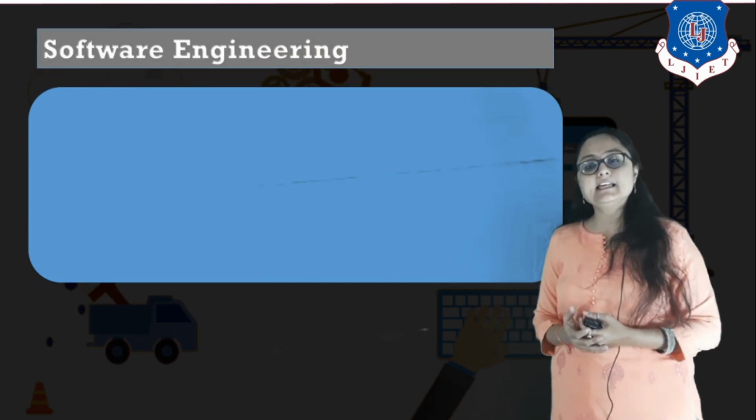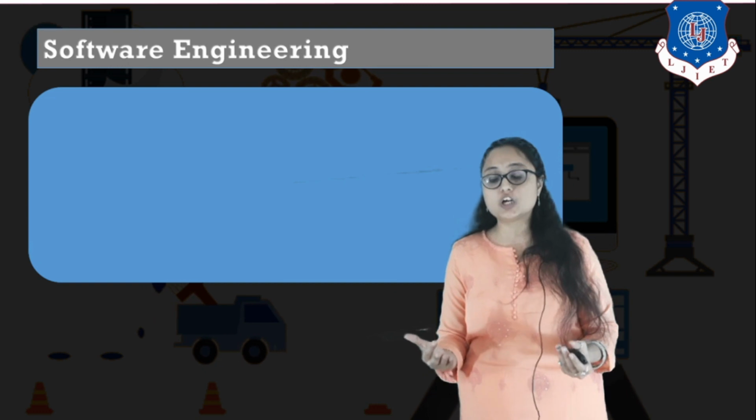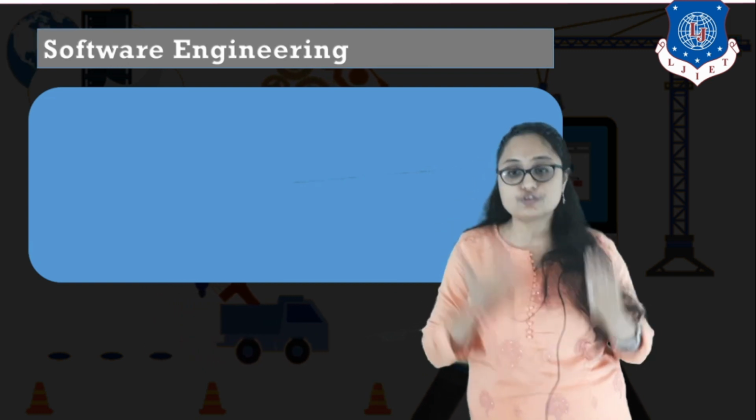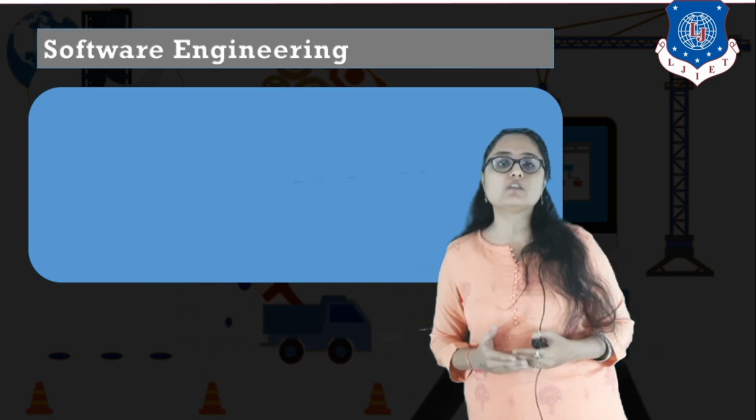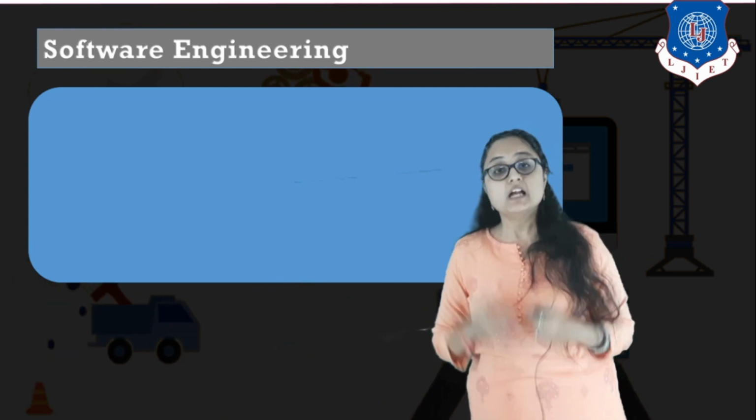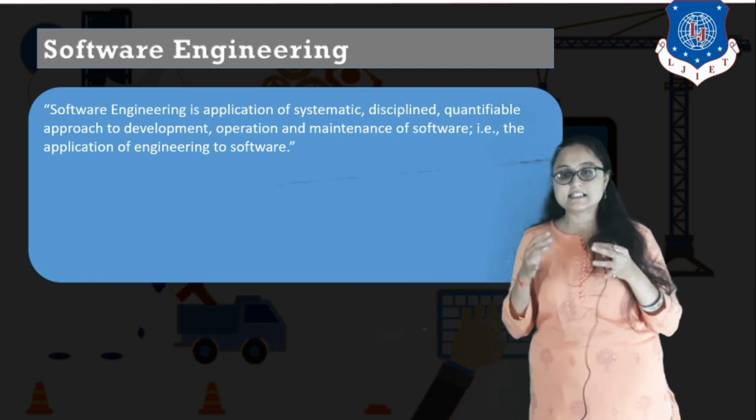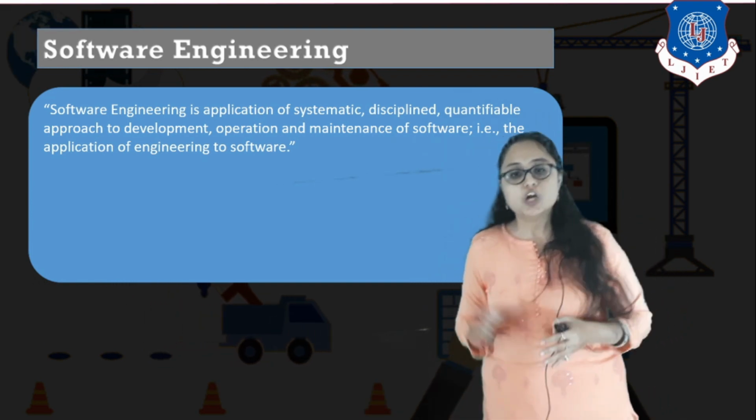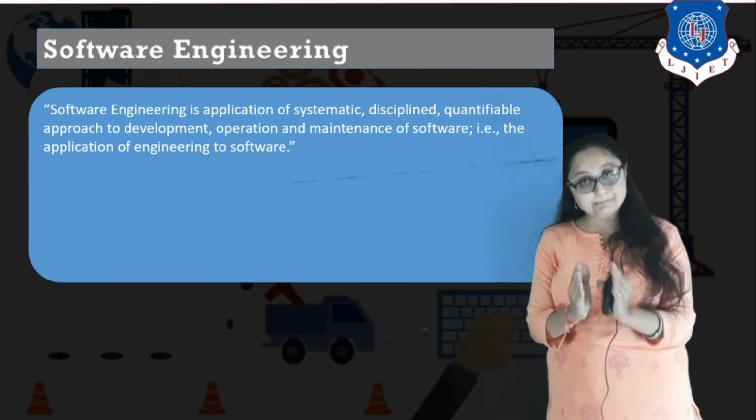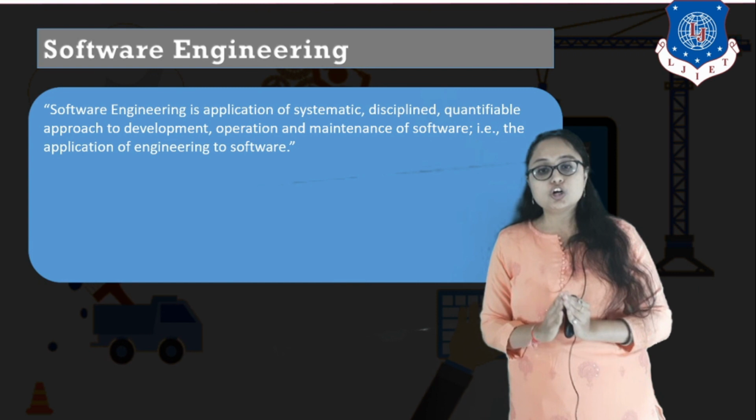Now the next thing is, what is the definition of software engineering? You know what software is, you know the difference between software and hardware, and you are aware of the different types or software application domains. Now what do you mean by software engineering? Because this is a subject that we are going to learn. Software engineering is the application of systematic, disciplined, quantifiable